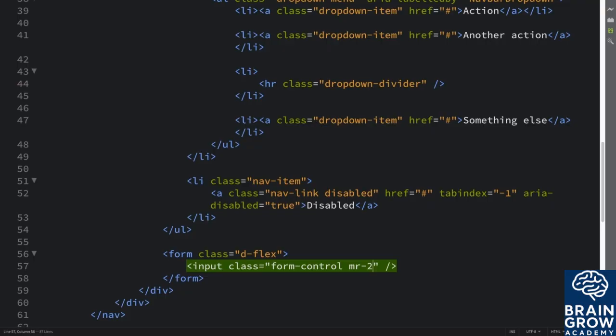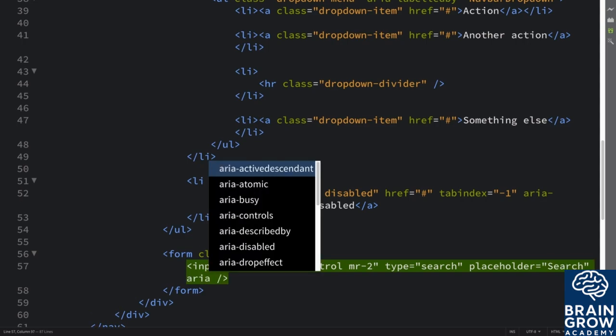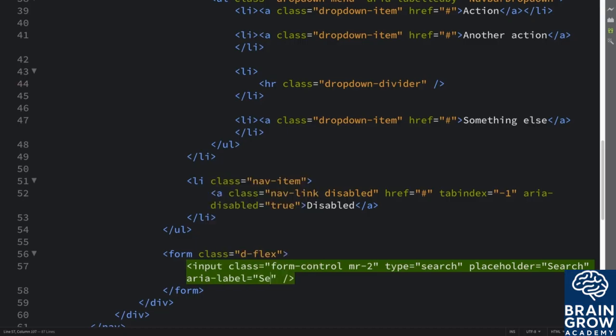We'll put a type of search, placeholder equals search, aria-label equals search,